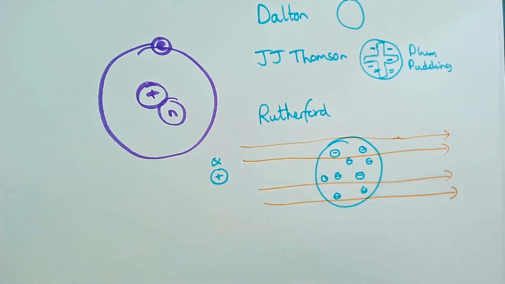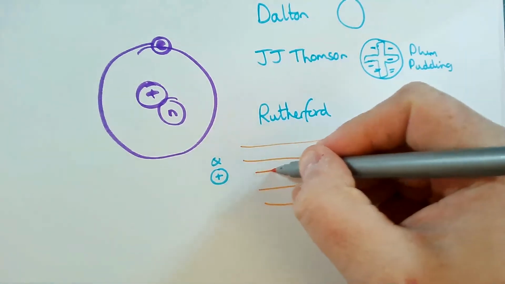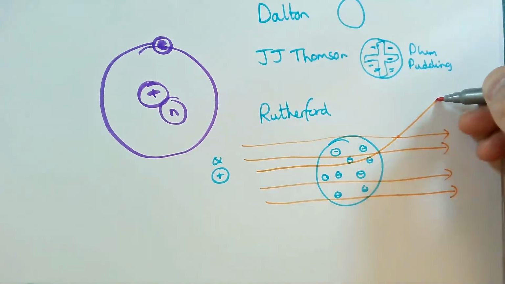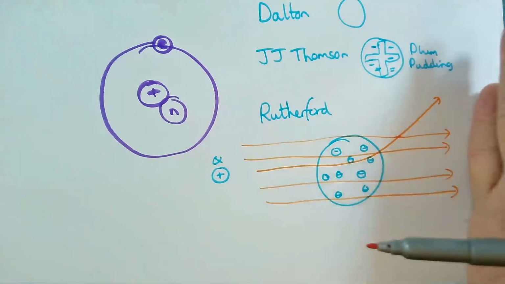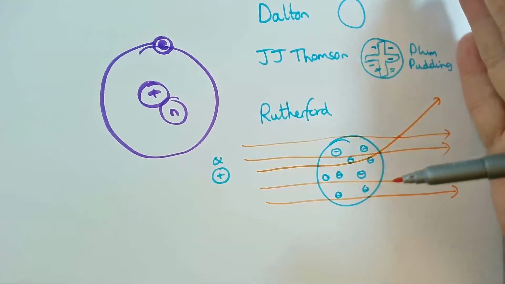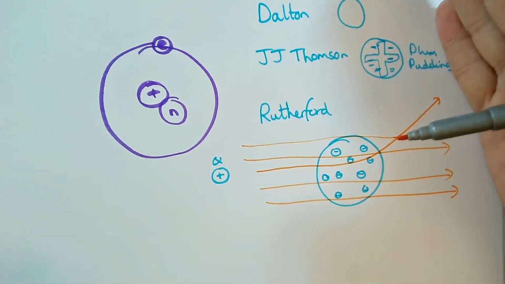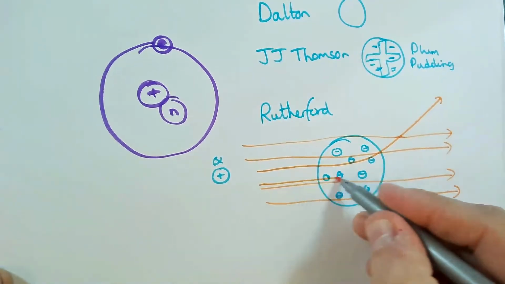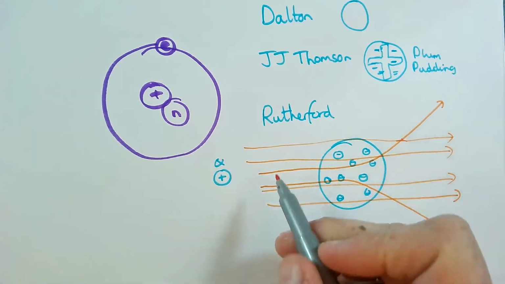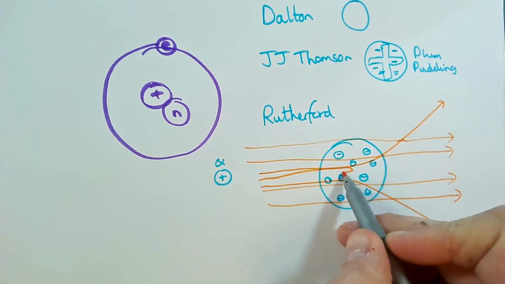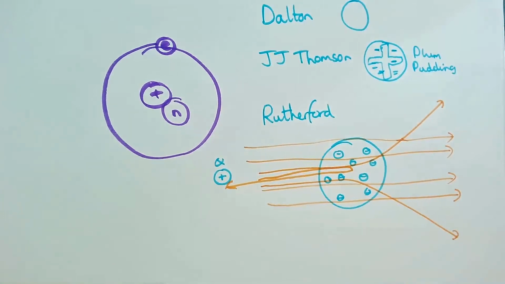But then he notices something weird. Every so often, one will deflect off. And this is odd, right? He's got his detector and he puts his detector here and then he finds, well, let's just check around here. Oh, hang on. Every so often I'm getting one there. That's odd. And again, he puts his detector over this side and he notices some are pinging off that way. That's odd. And then every 1 in 100,000, it pings right back off where it came from.